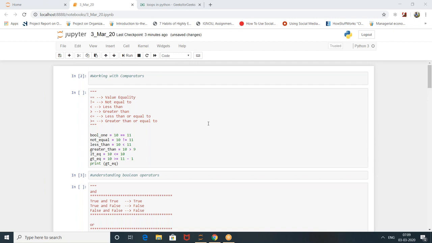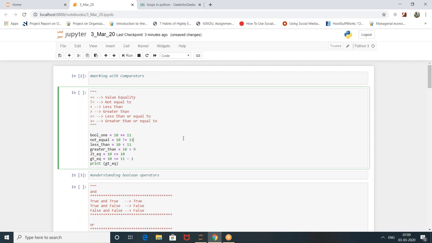Let's get into the statements, like operators, and then if condition, else condition, while loop, for loop. We'll see those things today, but the very basic ones, to get you guys introduced to them. So these you might have seen in your 10th standard or something, like double equal to.